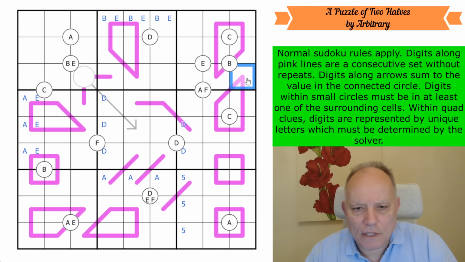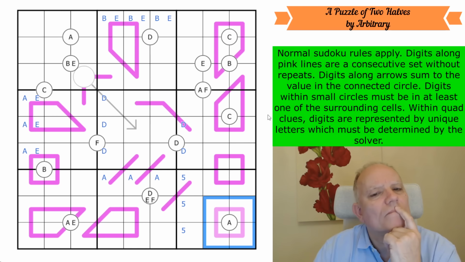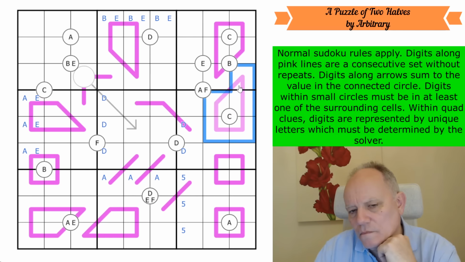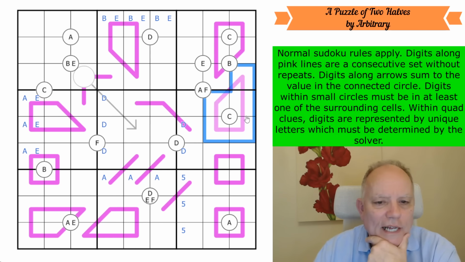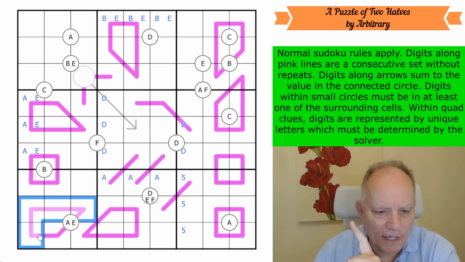Now, that is not C, because C is in one of those cells in this box. This one and this one are 1 to 4 and 6 to 9. What does that do? I'm not very quick at understanding the implications here. Oh, this is exactly the same stuff though. This is a set of 1 to 9 and an extra 5 because one of the...